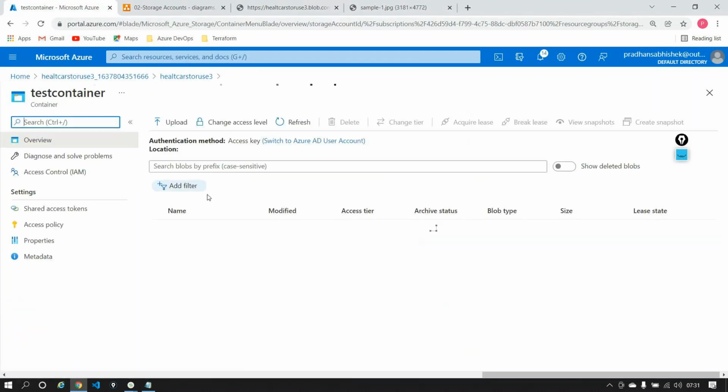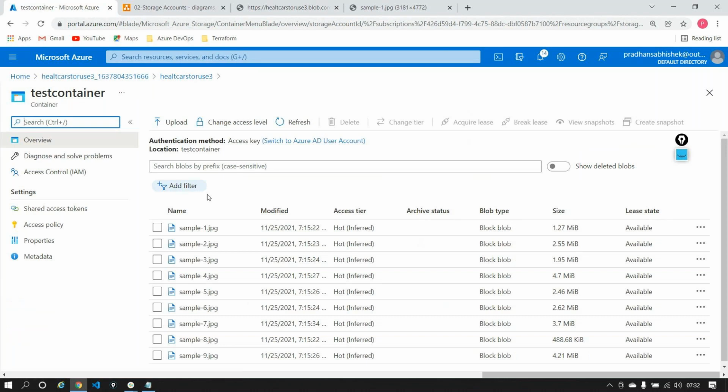Let's say I have like 10 files. So I can generate 10 SAS tokens and I can just give the user 10 SAS tokens out here. Let's say this is not the scenario. Let's say they are not just 10 files or 10 blobs out here. Let's say there are hundreds of thousands of files out here. Then how do I share this? Then how do I basically ask the user to go ahead and access this data out here?